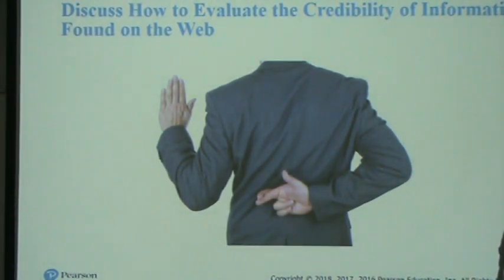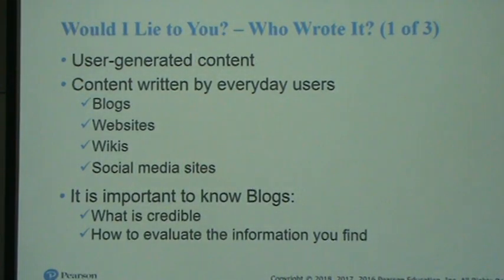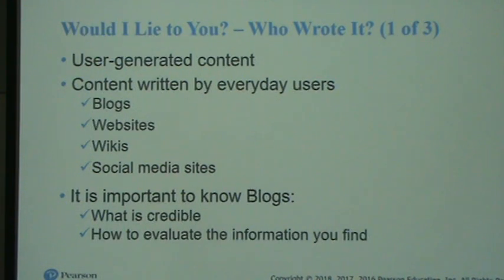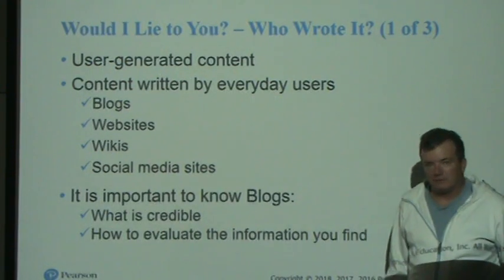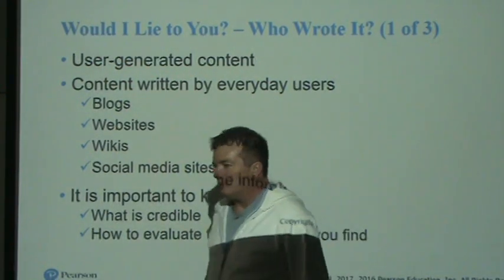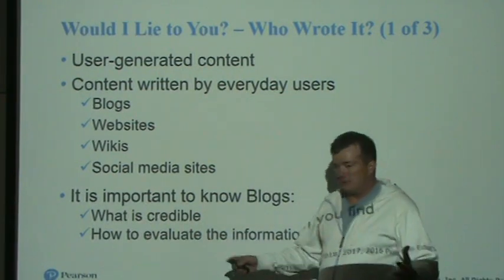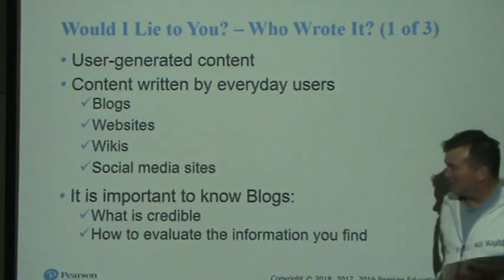Okay, now in the credibility of data, this is kind of opinion related, but anyway, when you have user-generated content on the internet, the content could be written in forms of blogs, websites, wikis, and social media sites. The question is, is the information that you're reading on the internet true? When the internet first came out, people would say, and they weren't kidding around, oh, it must be true, I read it on the internet. But that's not the case, necessarily.